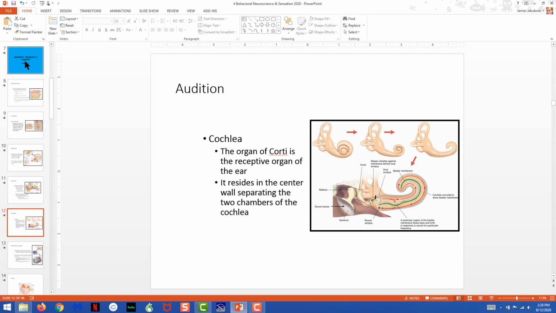And what you wind up finding is that there's two hallways in the cochlea. One which information gets sent down, and the next one which it comes out. And the cochlea itself is filled with a viscous fluid that the sound waves travel through. And the receptors in your cochlea are actually in that center wall. And that's a very important point for you to grasp.